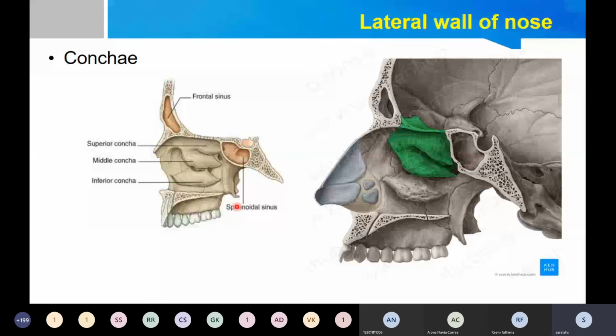How are they formed? On this section of the skull, we have taken out the nasal septum, so you are not seeing the nasal septum anymore. This is the lateral wall of the nose you are seeing. In the lateral wall, you are seeing the shelf-like projections, which are called concha. See there, this is the sphenoid bone and this is the sphenoidal air sinus. This is the frontal and maxillary air sinus. This area is the cribriform plate of ethmoid. This entire green colored area is the ethmoid bone actually. Remember that. We'll describe each concha in detail in the later slides.